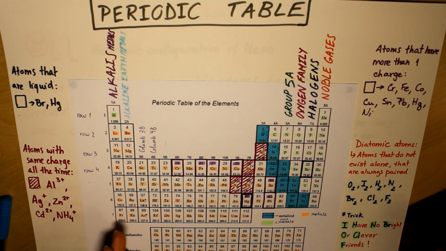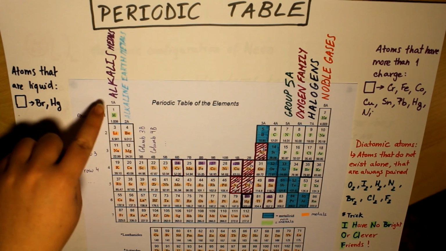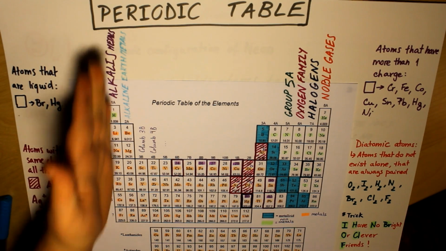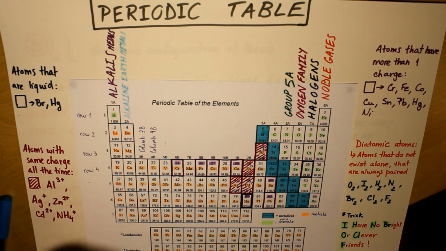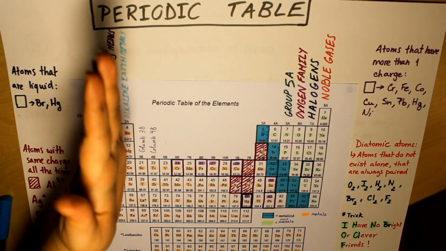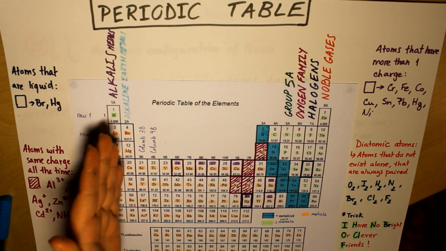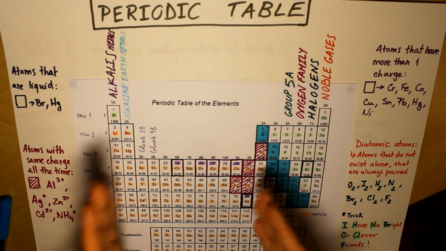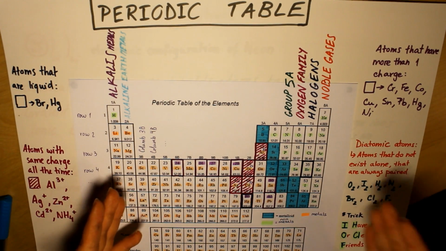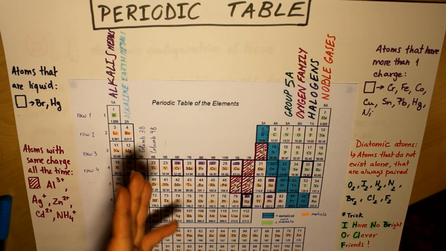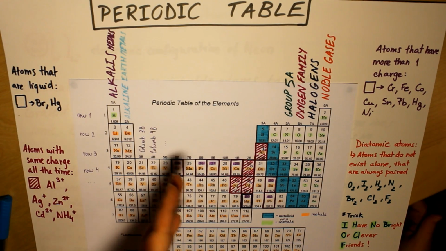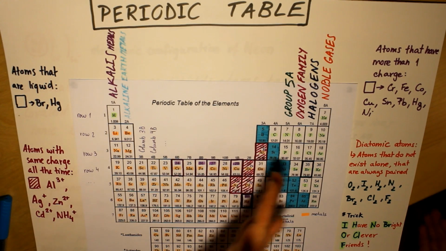So basically, the first column is the alkali metals. This is the first family. This is a row, and this is called a column. The second one is alkaline earth metals. And then after that, you will call them group 3B, group 4B, group 5B, 6B, 7B, and so on, up until